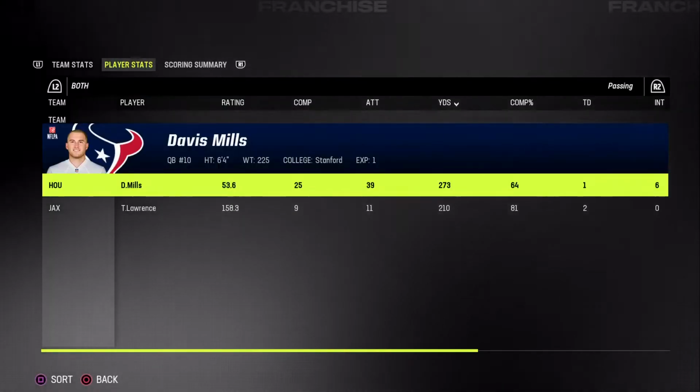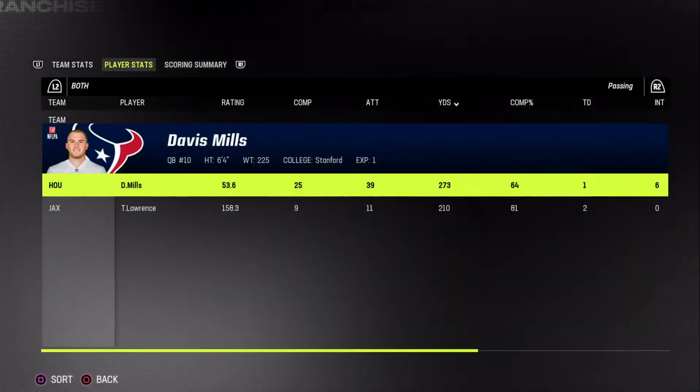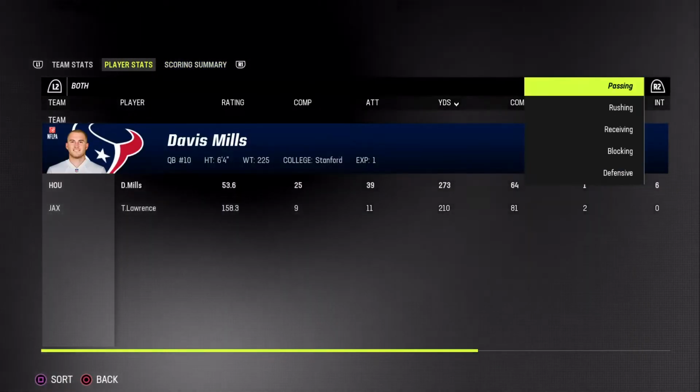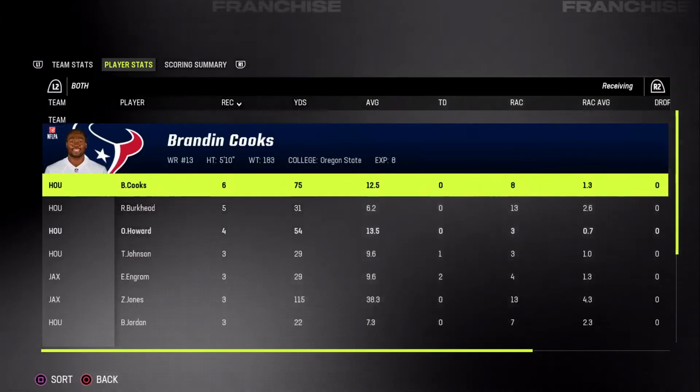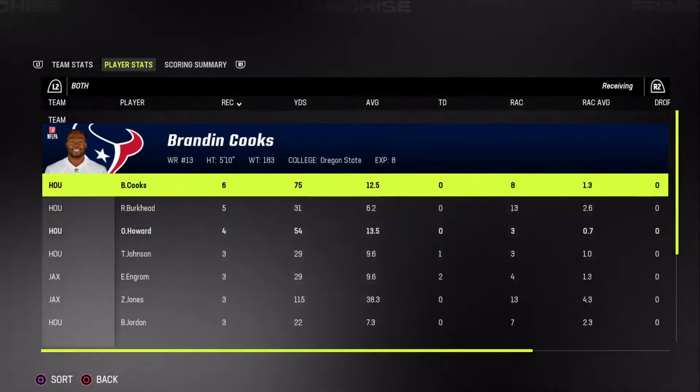So for the Jags, they move back over 500 at 3-2 now on the year. And they will hit the road next week to take on the Indianapolis Colts. Meanwhile, for the Texans, they drop below 500 to...